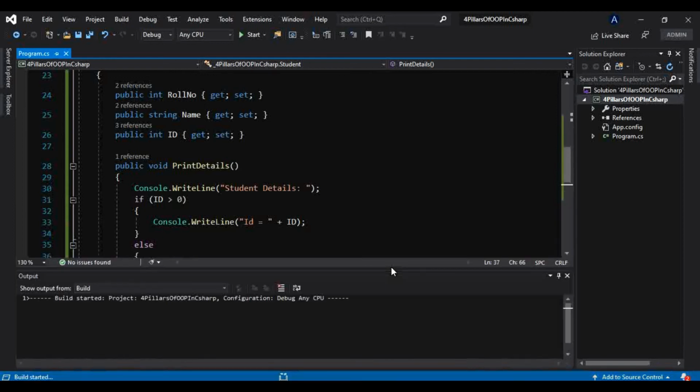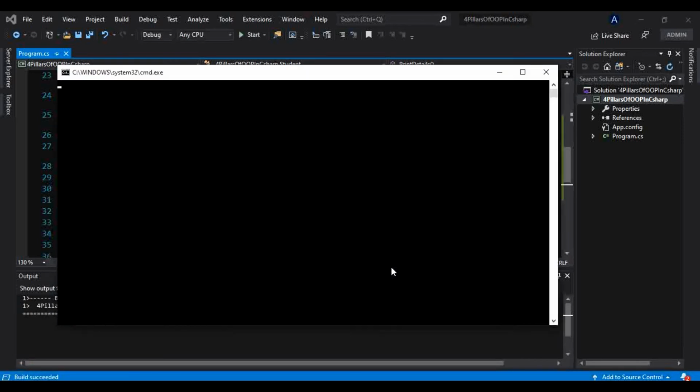So if I run this, okay, in that ID section, what it has printed in the place of ID is one message, that is enter correct value for ID.